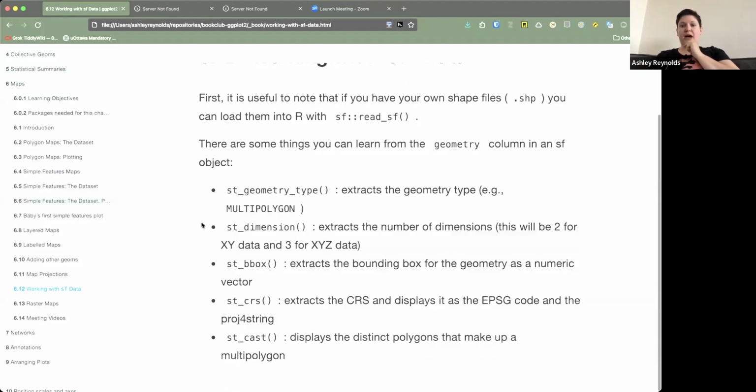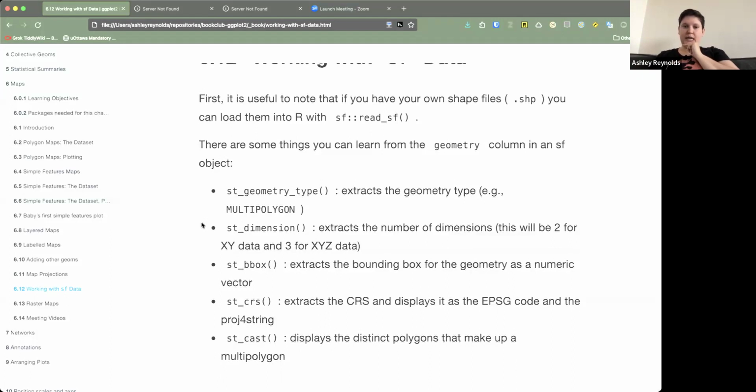If you extract the geometry column in an SF object, there's a number of things that you can learn. So you can learn its type. The type that you'll probably most commonly see, and the one that we saw in the Australia example, is multi-polygon, which, as we talked about, is just multiple polygons all lumped into one sort of geometry